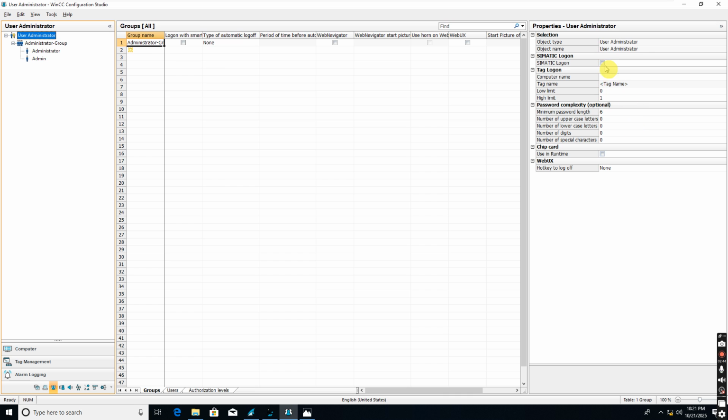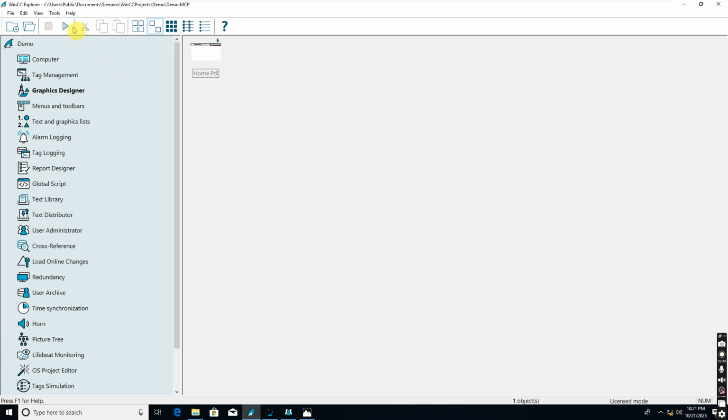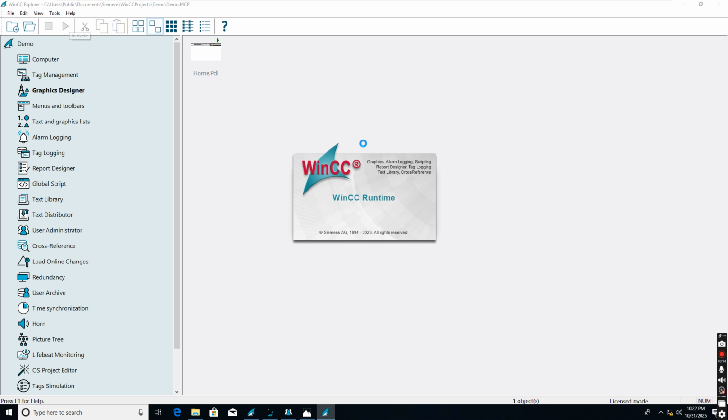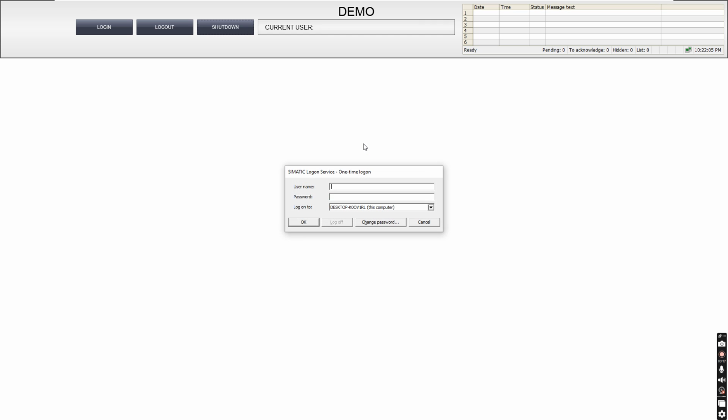Now if you go here, you select this option Simatic Logon. Then you run the SCADA again. And this takes too much time. Okay, so now you can see another option pops up, Simatic Logon service, and if I use the same login,